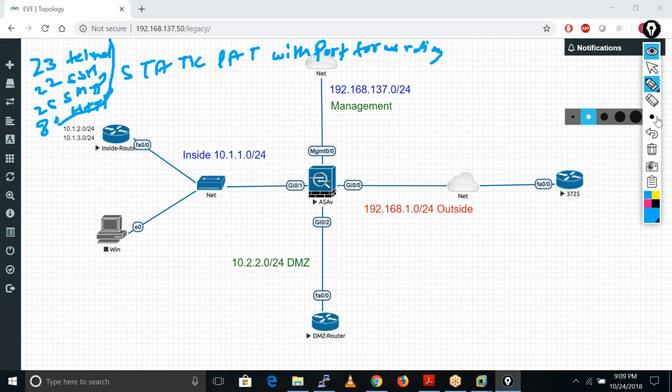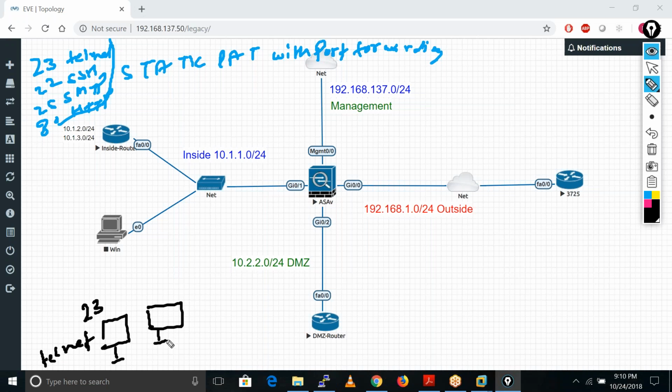So what happens now? Maybe this is the server which is running the telnet service on port number 23. This is the server which is running the SMTP service on port number 25. This is the server which is running the FTP service on port number 21.